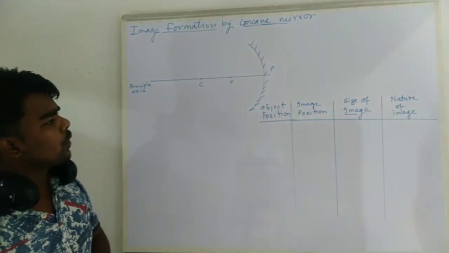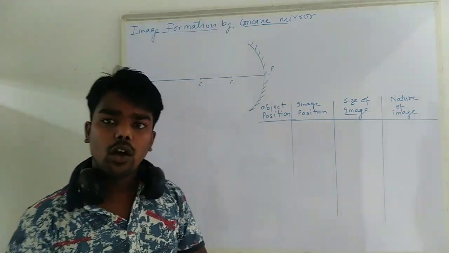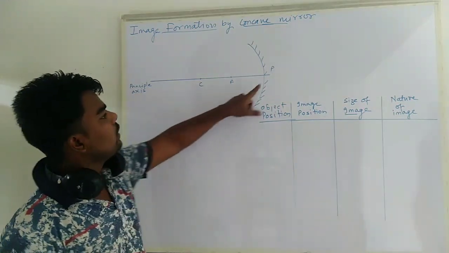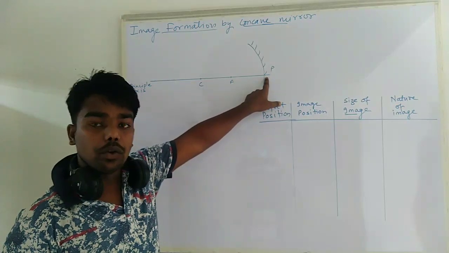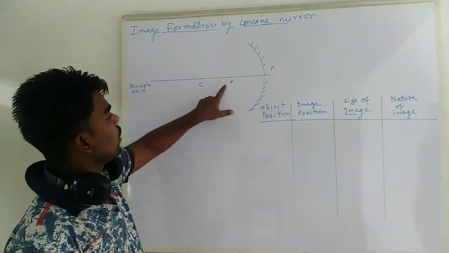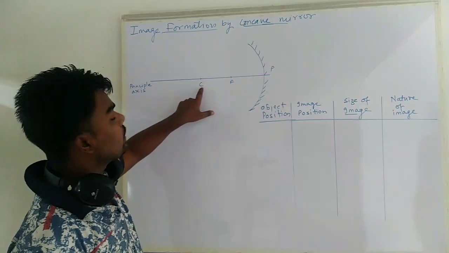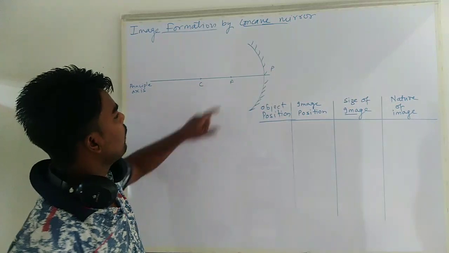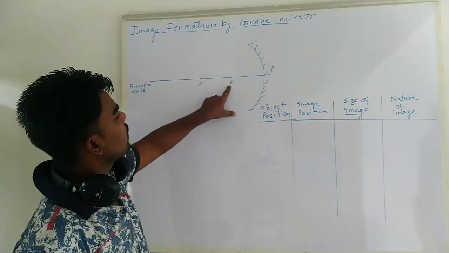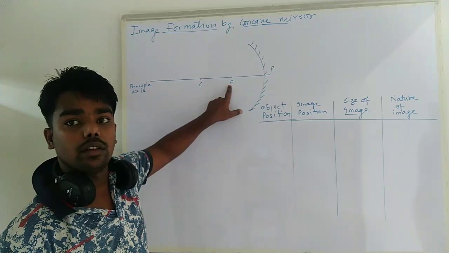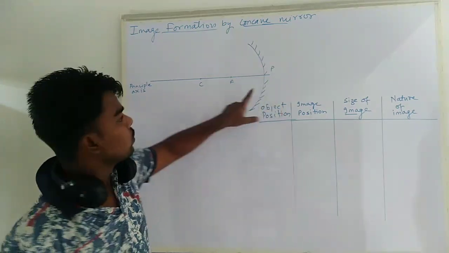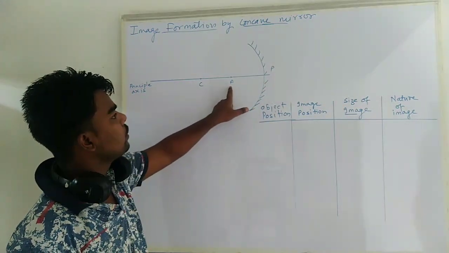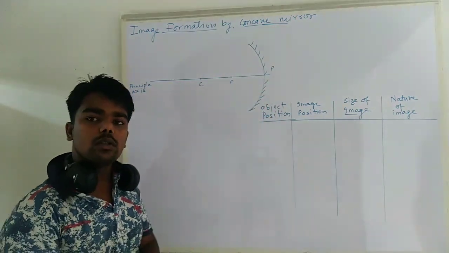Starting the image formation of a concave mirror, there can be several positions of the object. We have defined 2-3 points here: this is the pole of the concave mirror, this is the focus point, and this is the center of curvature, and we have a relation between them. The center of curvature will be at twice the distance as compared to the focal length from the pole. So the distance of the center of curvature from the pole will be twice the focal length. So this is what we know.